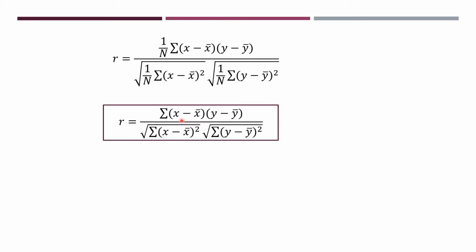Now if I expand, if I open the bracket and simplify, we get the second form of the coefficient of correlation, which is given by summation xy minus n into x bar y bar upon square root of summation x square minus n into x bar square into square root of summation y square minus n into y bar square. Just opening this bracket and simplifying a minus b the whole square and all those things. When we simplify that, we will get it in this particular form. The third form is got by substituting x bar as summation x by n and y bar as summation y by n.